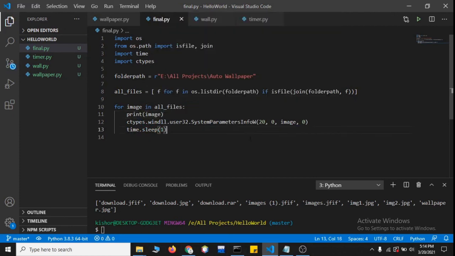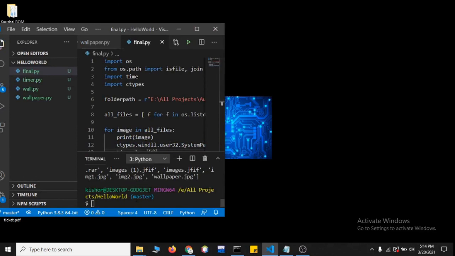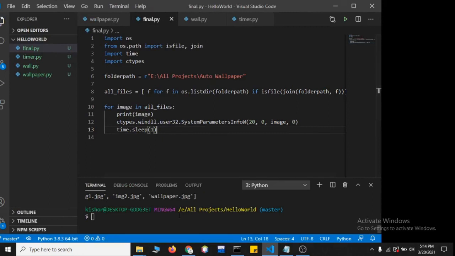Save it. It will just go over and print all the files once, and it will set them as wallpaper. Let's minimize it and see. So python final.py.